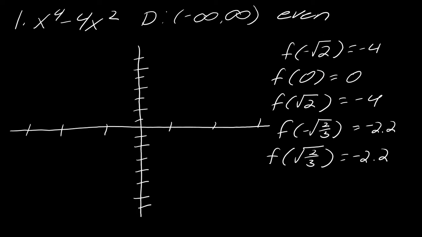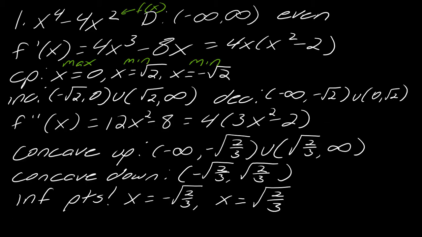So I'm going to have somewhere around here, let's see, here and here. So here's my square root of 2 and my negative square root of 2, or the point 0, 0. Negative square root of 2/3. Let's see, it's going to bring me somewhere around here and here. Okay, so I plot all those points, and now I just have to really make sure that I capture